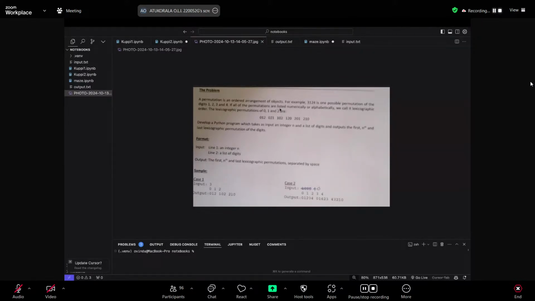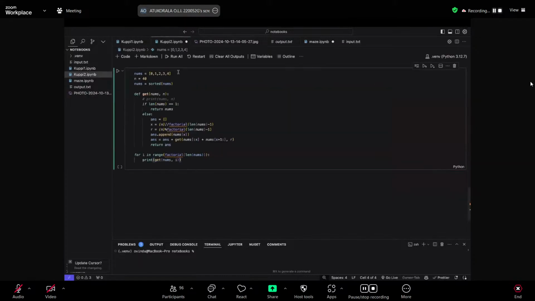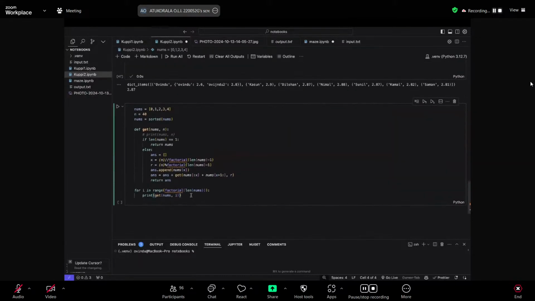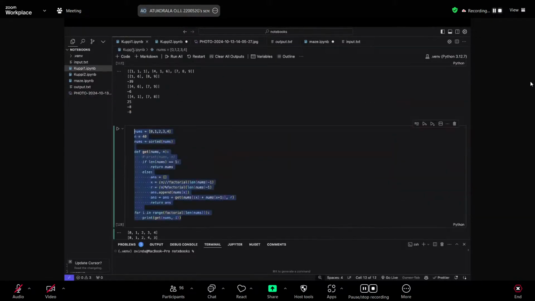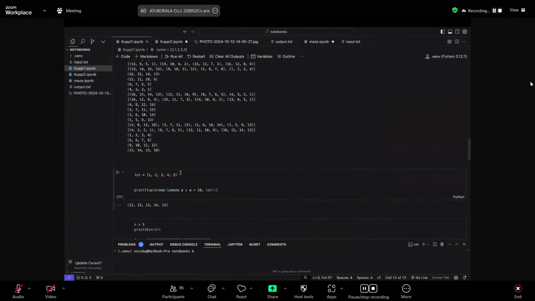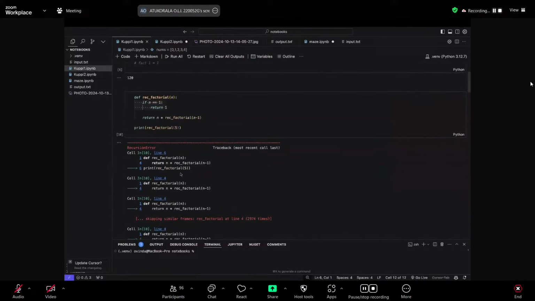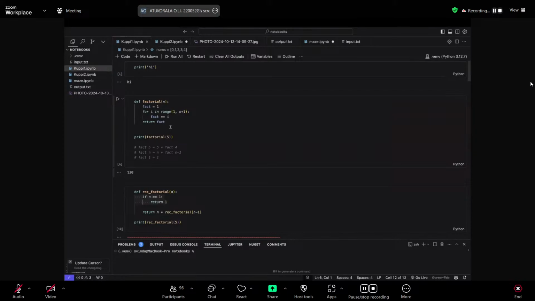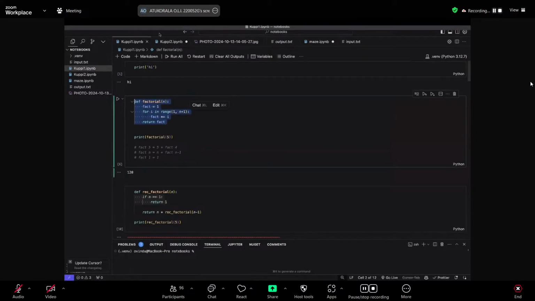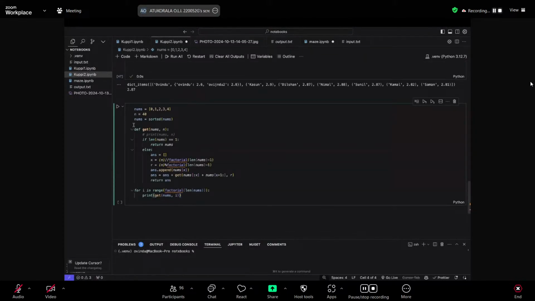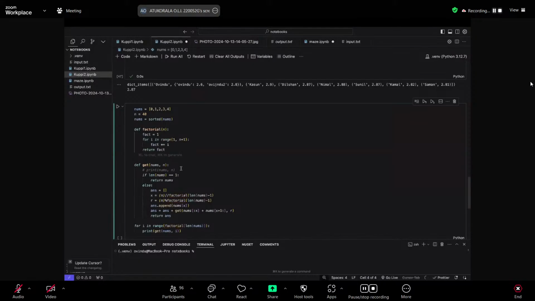So I first figure out the first digit. Then I call the function again and figure out the second digit. And finally find the third digit. So that's how I did this question. And I think it will be more clear with this code. And I think you need the factorial code as well for this though. So just use factorial and this, and I think you should be fine.